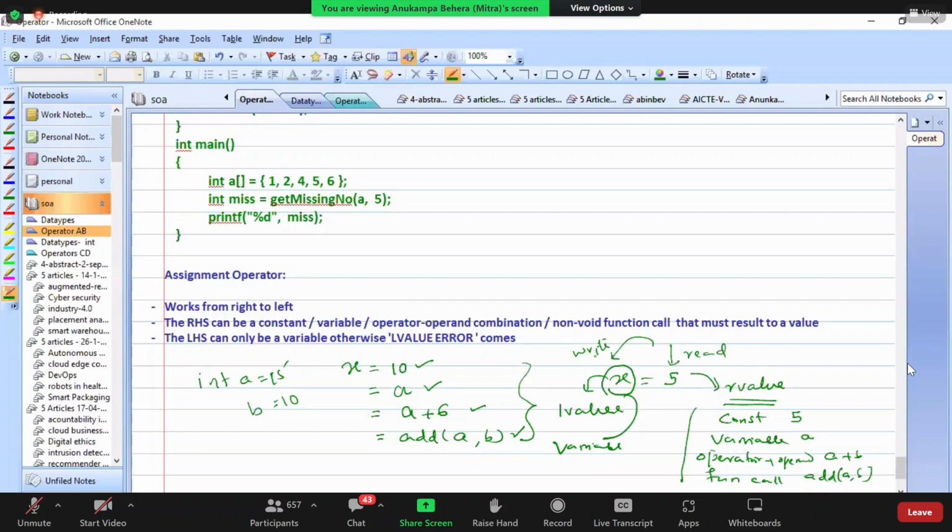What I was telling is, whenever you write any assignment, a equal to something, this must be calculating to a value. This value you can get from a constant, from a variable, from an operator operand combination, from a function call. Do you understand, Vinith? So this must be evaluating to a value. This value will be stored to the left hand side value. Understood? Left hand side operand, L value. So to whom you can write